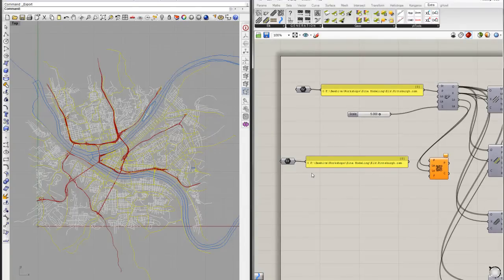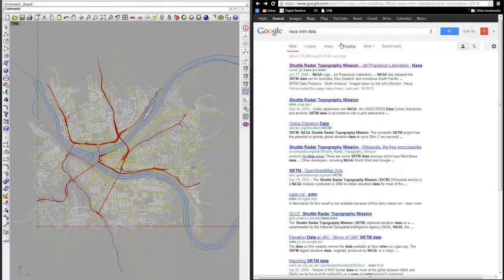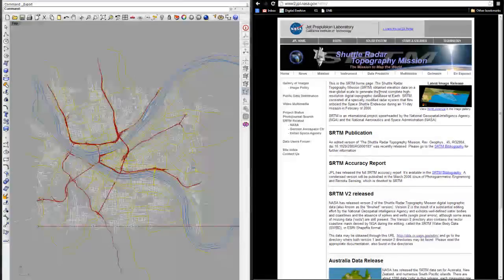What we have to do is go get the SRTM data. If you go to the internet and Google NASA SRTM data, the first result will be the Shuttle Radar Topography Mission, Jet Propulsion Laboratory. Click on that. A couple of years ago, I think in February 2000, NASA basically scanned the whole world